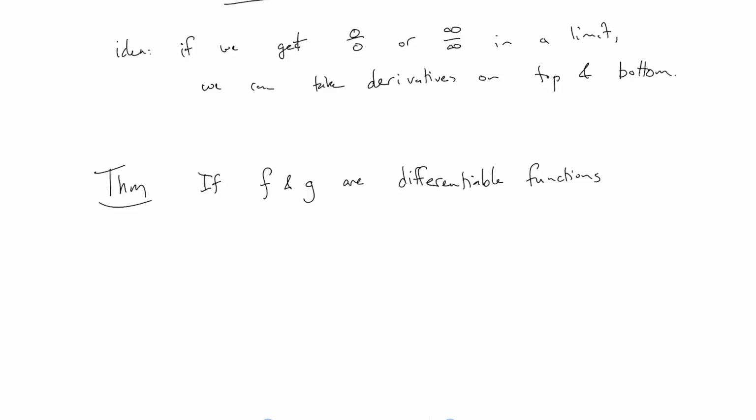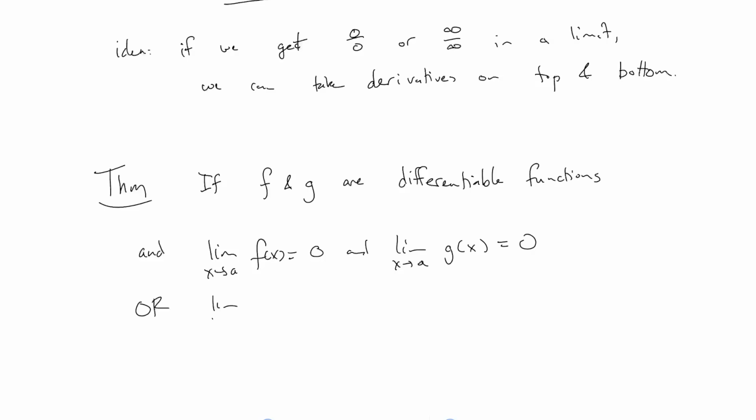So if f and g are differentiable functions and the limit as x approaches a of f of x is 0 and the limit as x approaches a of g of x is 0, that means when you try to plug the number in, on the top and on the bottom, you get 0 both times. Or,